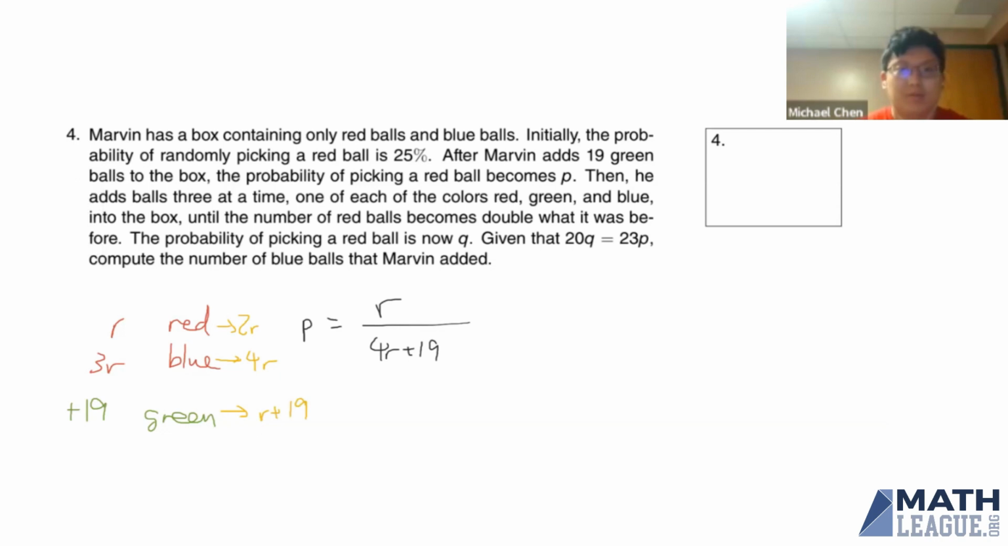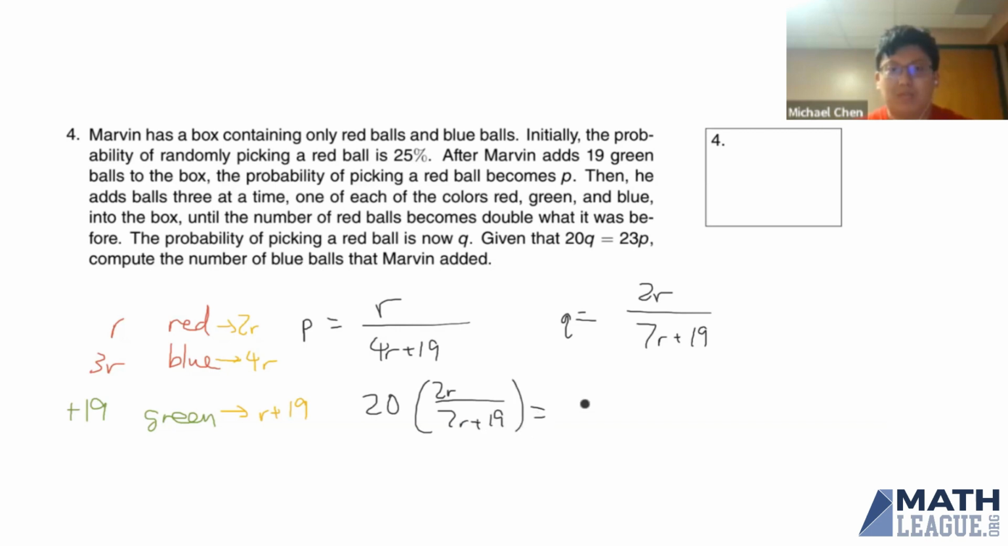So that means that the new probability that we pick a red ball at random is going to be Q equals the total number of red balls, 2R, over the total number of all 3 colors of balls, which is 7R plus 19. And now we can plug that straight into our equation. We have 20 times 2R over 7R plus 19 is going to be equal to 23 times R over 4R plus 19. Cross multiplying gives us 160R plus 760. Is that right? 40 times 19 is equal to